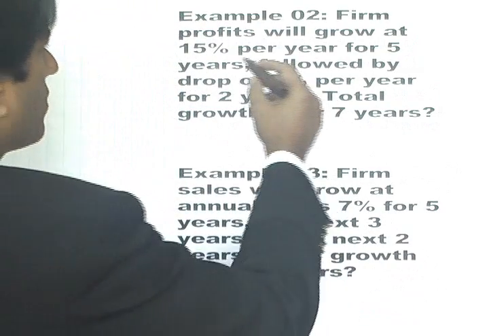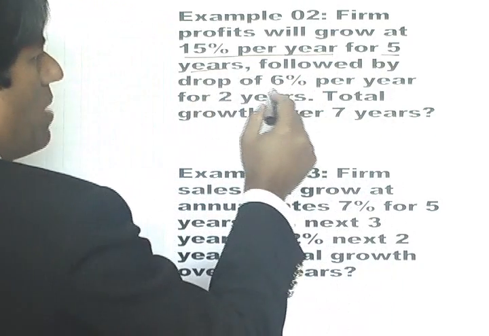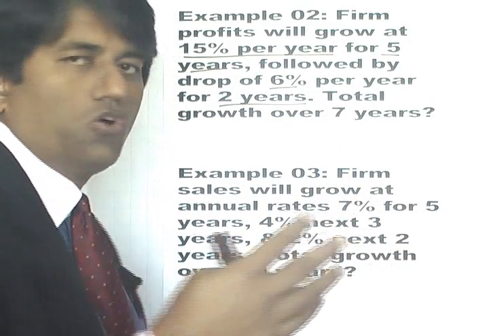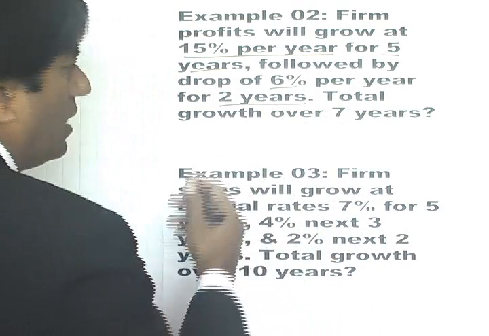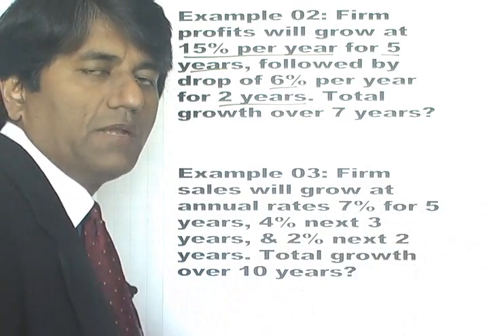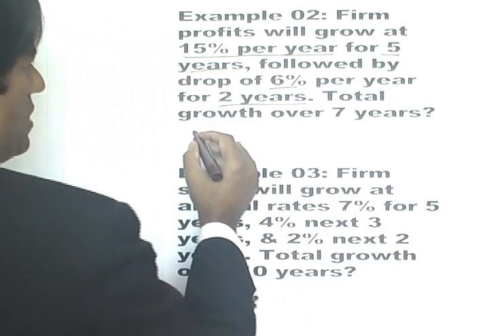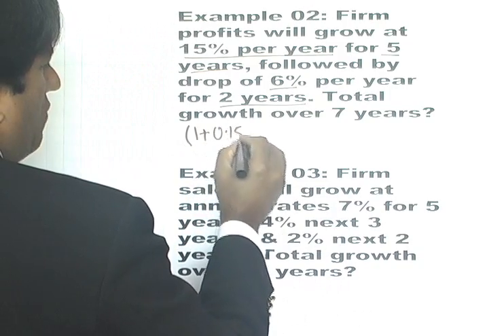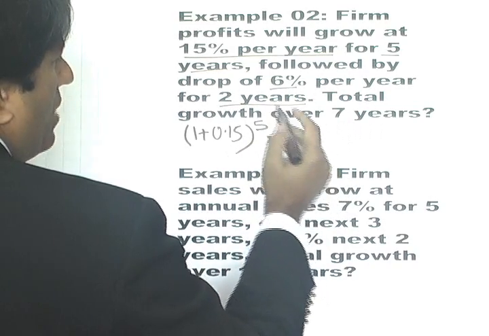Here we have some uneven rates of growth. In the first question, a firm's profits will grow at 15% for the first 5 years, followed by declines of 6% for 2 years. The question is, what is the total growth over these 7 years? So total growth is going to be the growth over the first 5 years multiplied by the decline in the next 2 years, and that can be found as 1 plus 0.15 to the power 5 into 1, and now this is a drop of